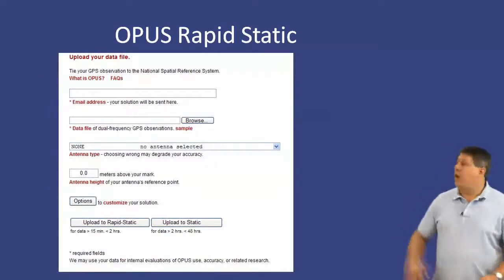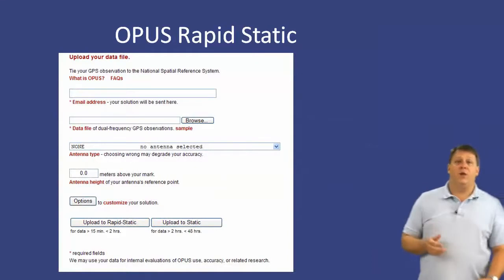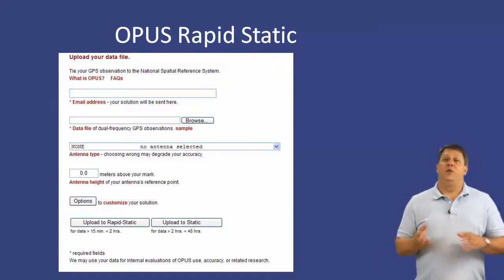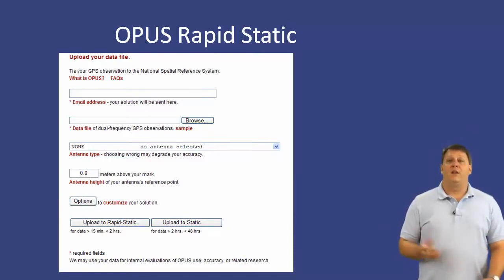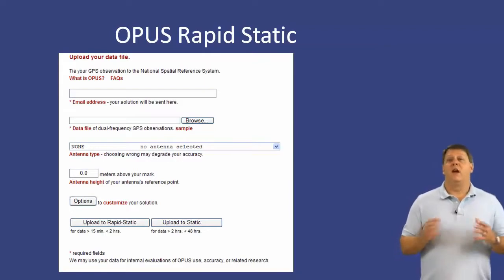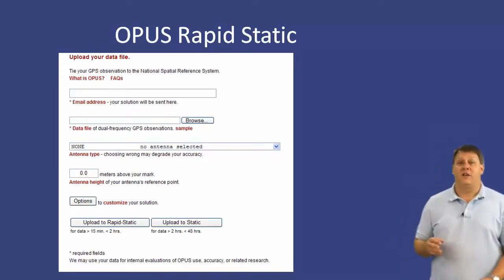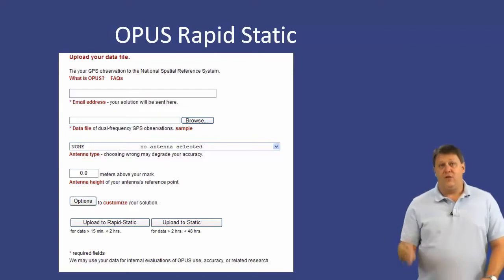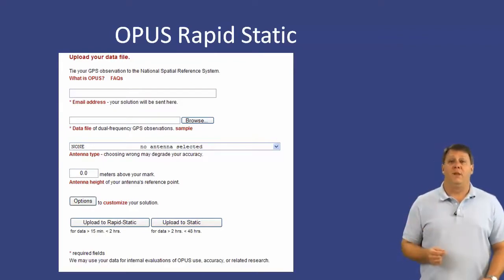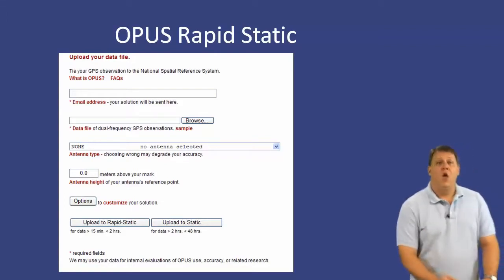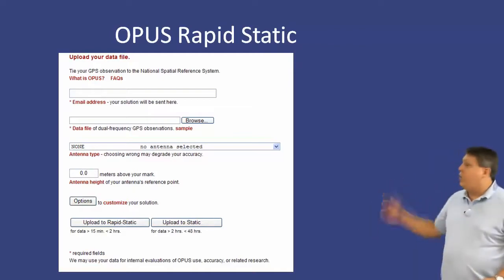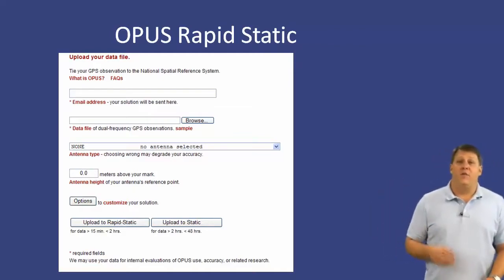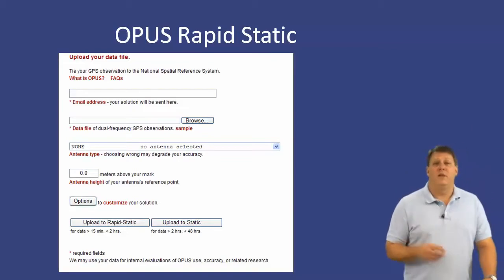At the OPUS website, we'll enter in our email address to begin with. We'll then browse on our computer or on a network drive to where our RINEX file is located and select that. Using the drop-down list, we'll select our antenna type, and then finally we're asked to enter in our antenna height. Notice that we're asked to enter in our antenna height in meters, and it needs to be the true vertical measurement to the bottom of the antenna mount, or it could be referenced to something called the ARP or antenna reference point. Now, once we click on our upload to static button, we can then go get maybe a cup of coffee, something to drink, a snack,